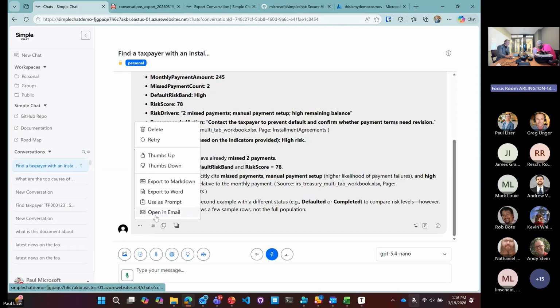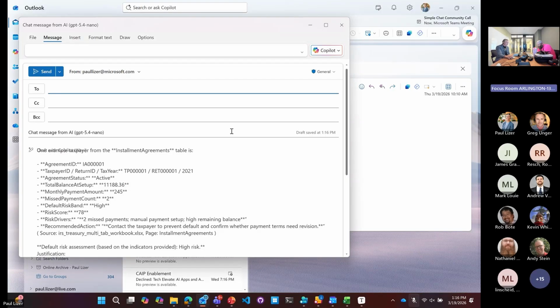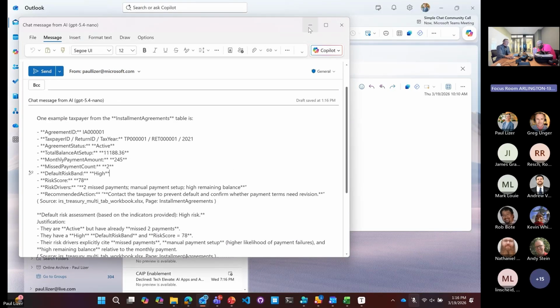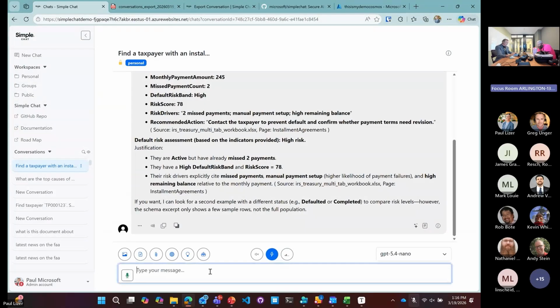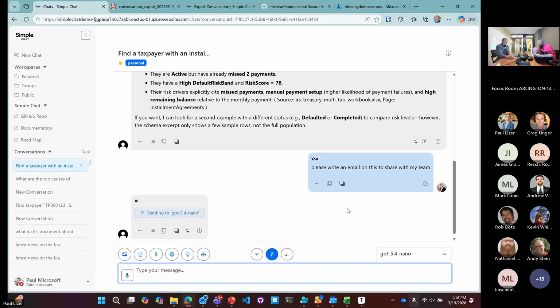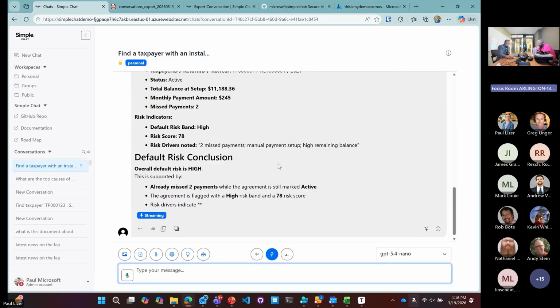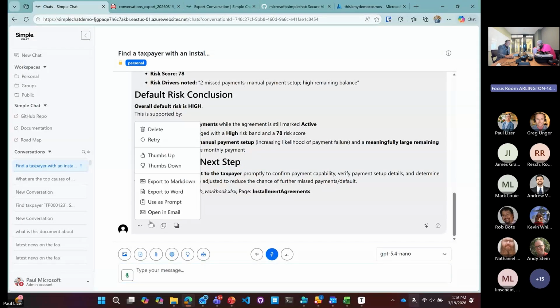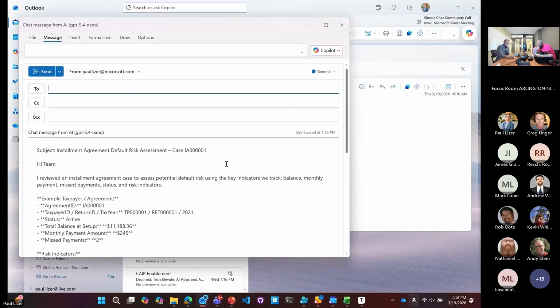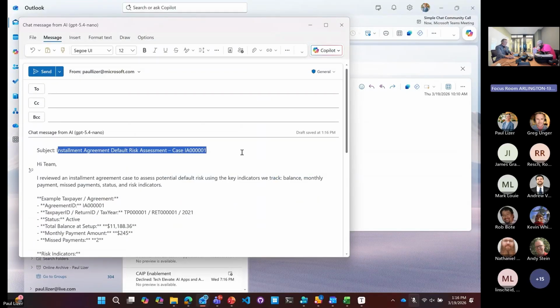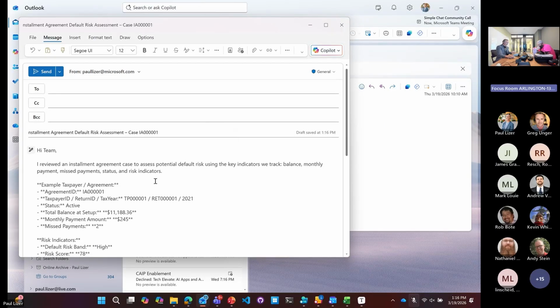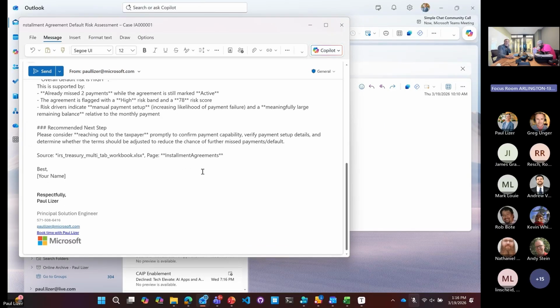And then one more here, opening an email. So, the message I have here isn't the best one, but imagine, let's ask it to, there we go. So now we have that email. Now let's open that up. Now we have this, it gave us a subject line. We can cut and paste that in. And now we have an email that we can send out to our team and stuff like that.